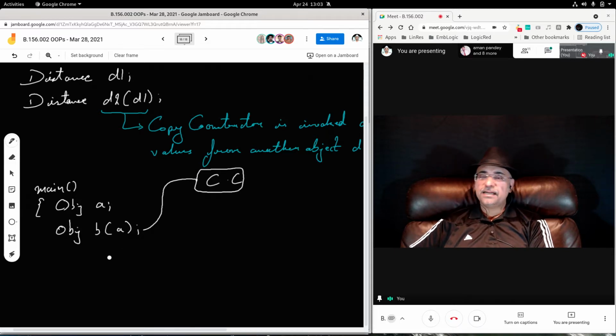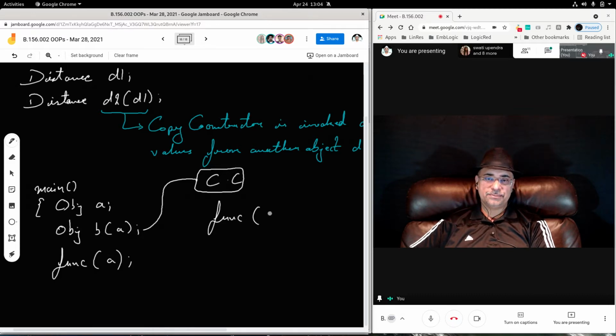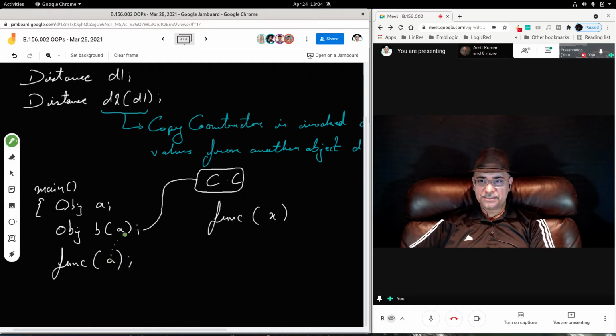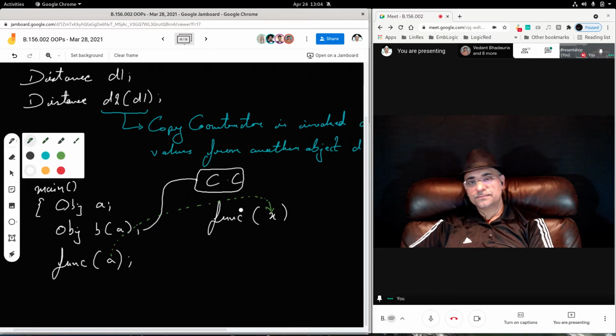Then after that you call a function and pass either A or B as argument. Whatever argument is passed, A or B, is captured in X. So the A object is passed as argument and captured in X. X is a new object created and initialized with values from A. Again here the copy constructor is invoked.